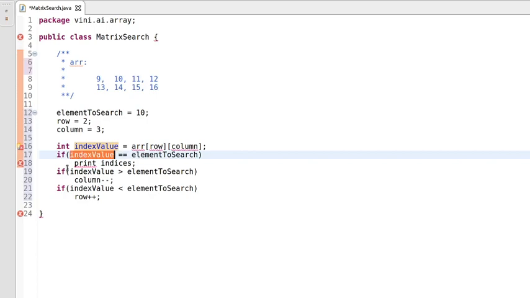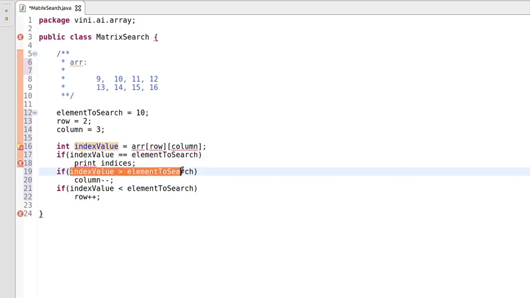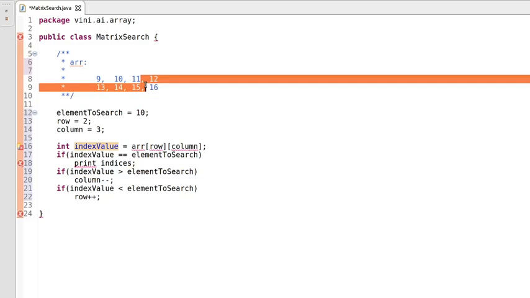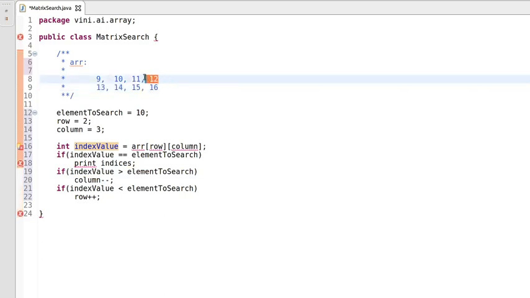This condition is false. The next condition: 12 is greater than the element value, that is 10. Yes, this condition is true, and we are decreasing the column by 1, which means our column value is 2 now.